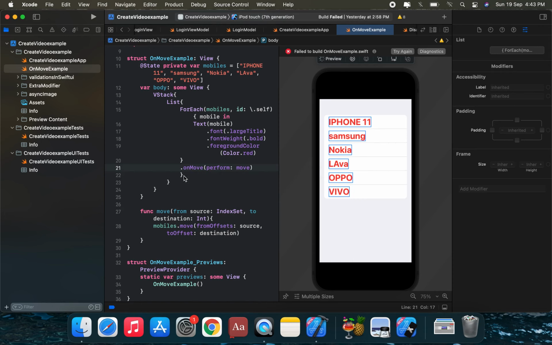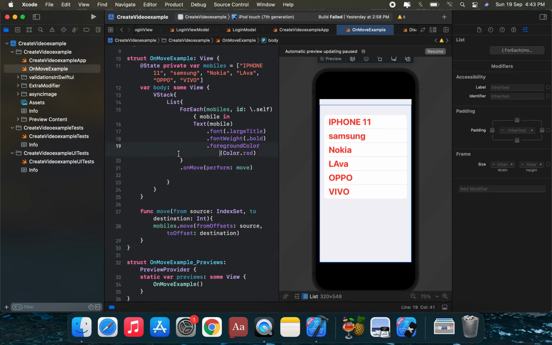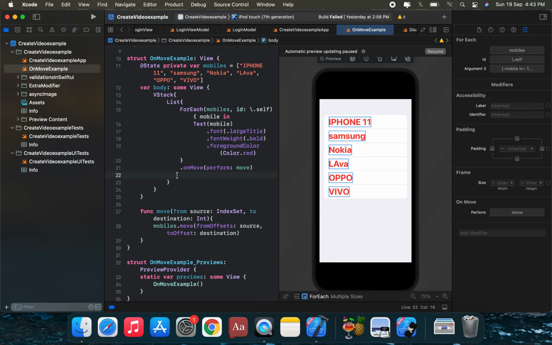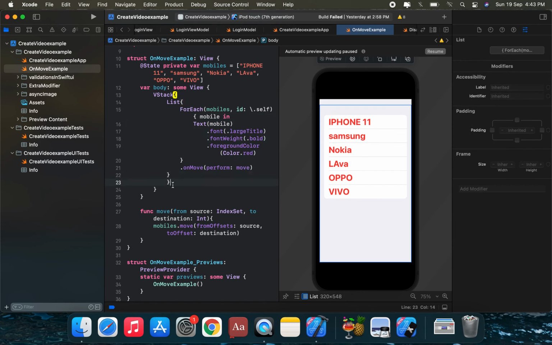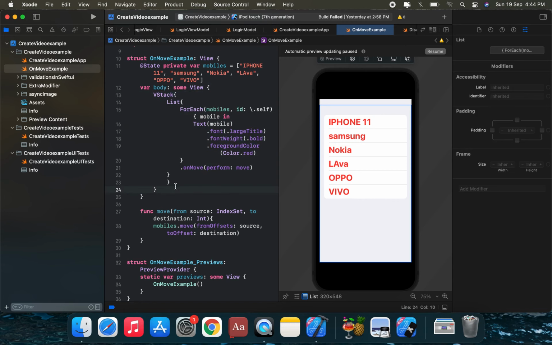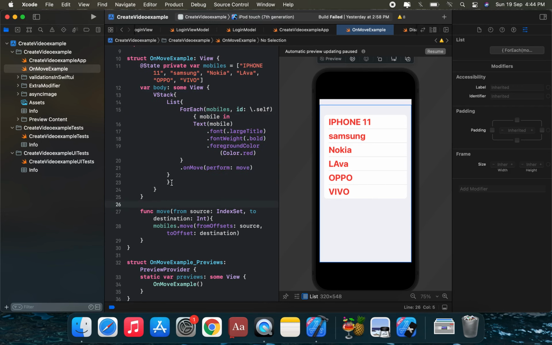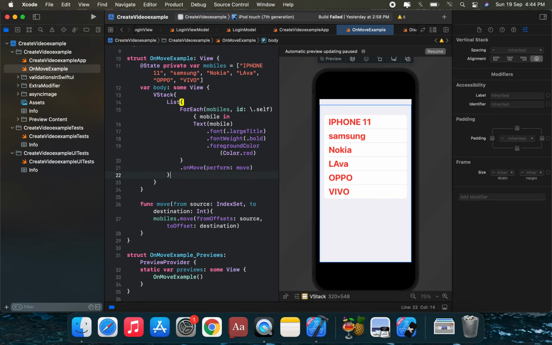In this extension we don't need to apply the extra move function. Here is the mobile Text, and this is the VStack, and this is the view. We can remove this extra view.